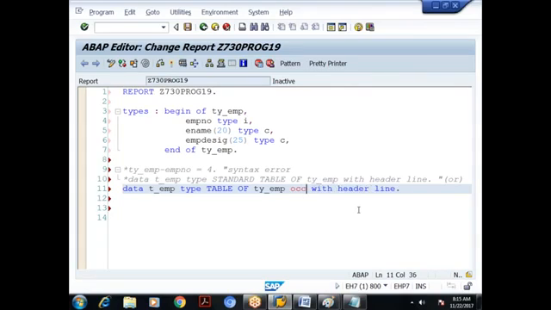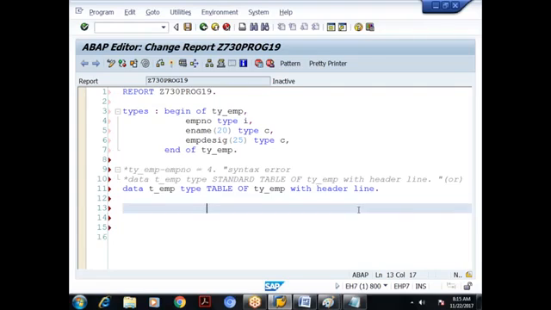If I use occurs here, then it will allocate 8 bytes. But I am not using the occurs keyword, so how much memory is allocated depends on the data you store. In the runtime, memory will be allocated. So there is no wastage of memory.